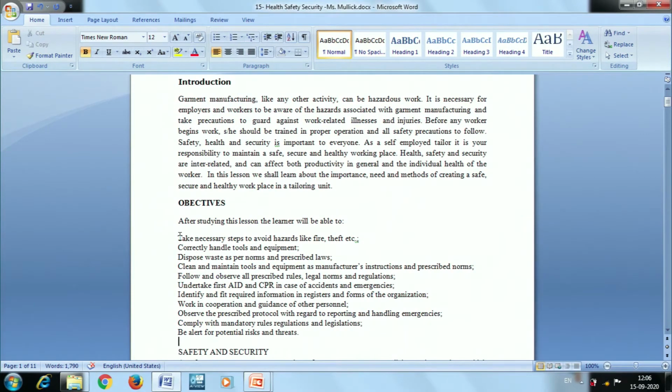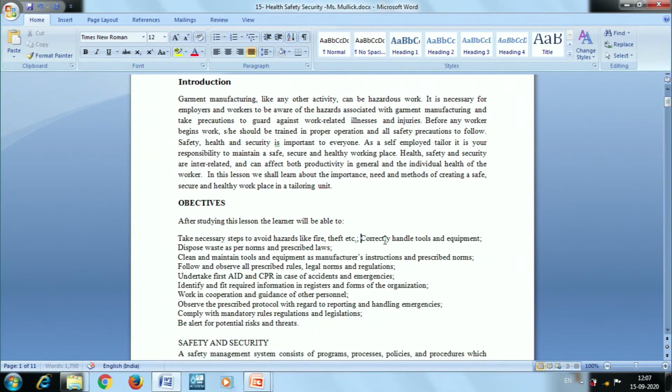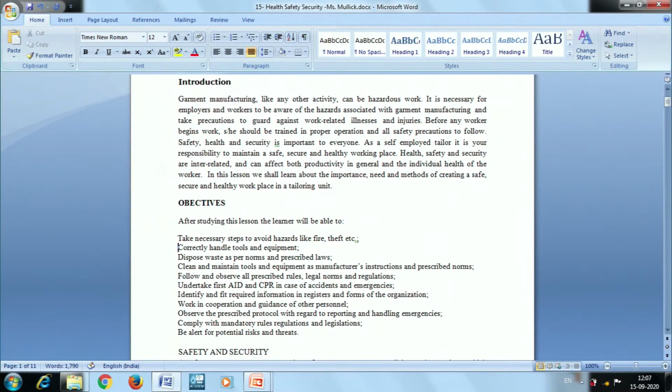If I want to give some attraction, what I have to do is insert some bullets, otherwise it will not be noticed, or if the contents are continuously placed, then it can be put in the same sentence, right? So it should be like this, or if it is point based, then I have to put it like this. Here I can insert some bullets, or if I want to give numbers, then I can give number 1, 2, 3, 4, something like that.